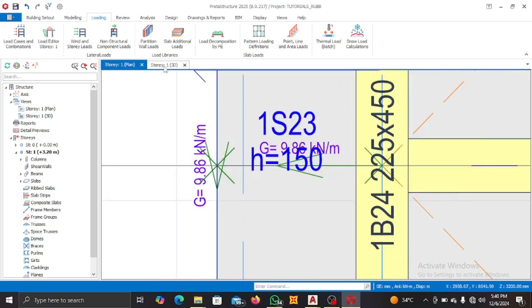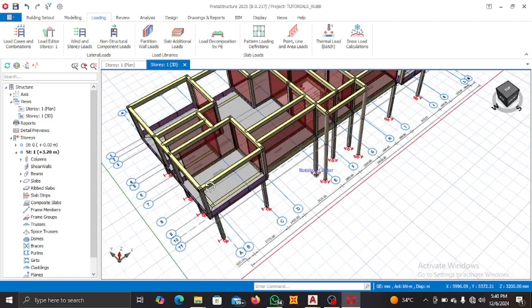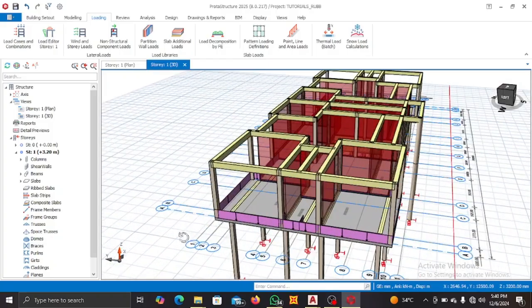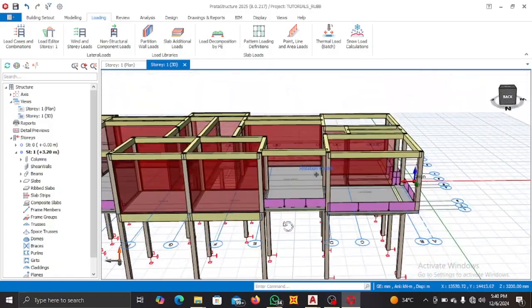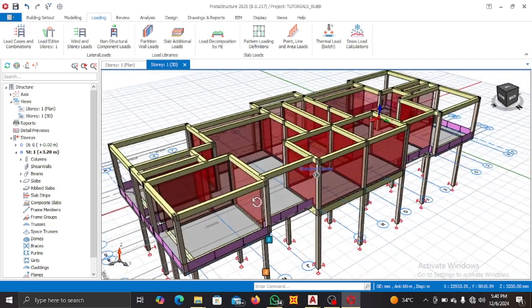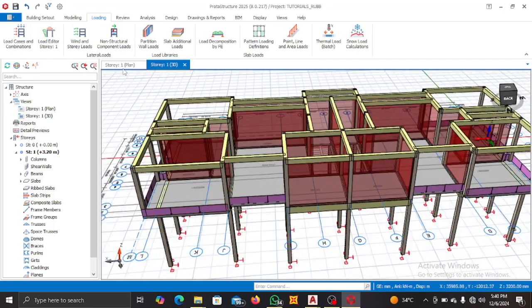So come back to your 3D view. Just look at it. You notice, yeah, we have added it. This is the area we have our load. So that's the wall load we're adding there. Okay, so we have successfully added all loads to that building. And for the story one,